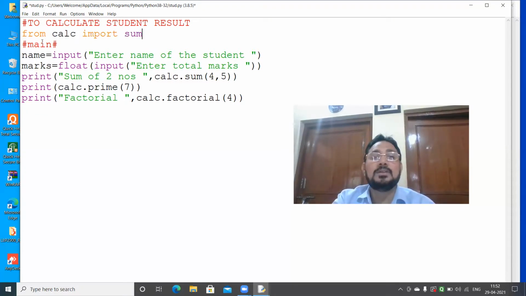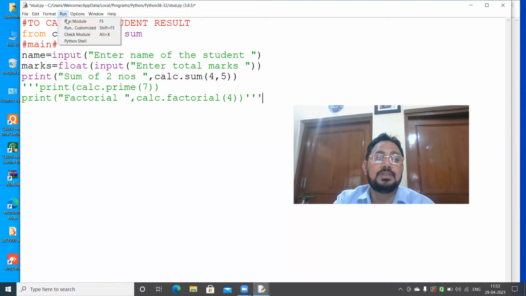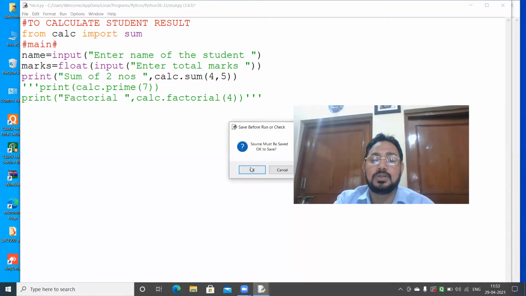Okay. Now what happens here? When I run this program, just a minute. I will stop this. Now I will run this program. Just see the effect.